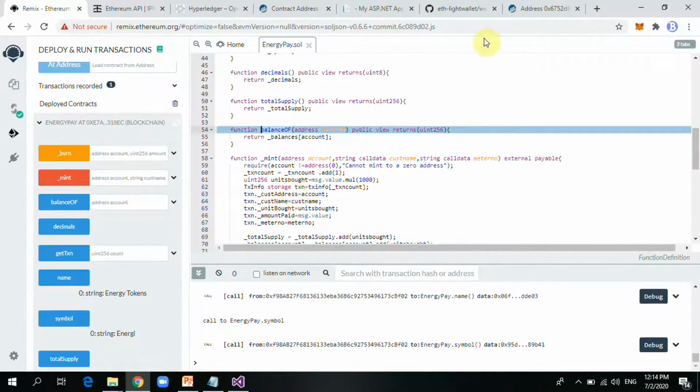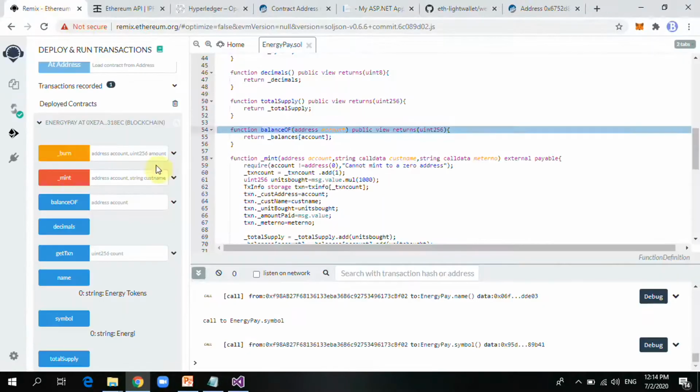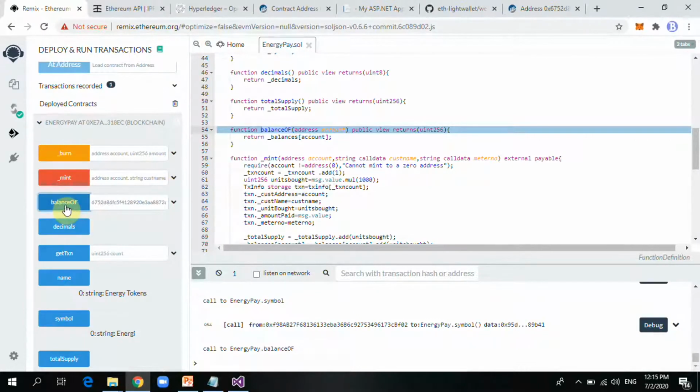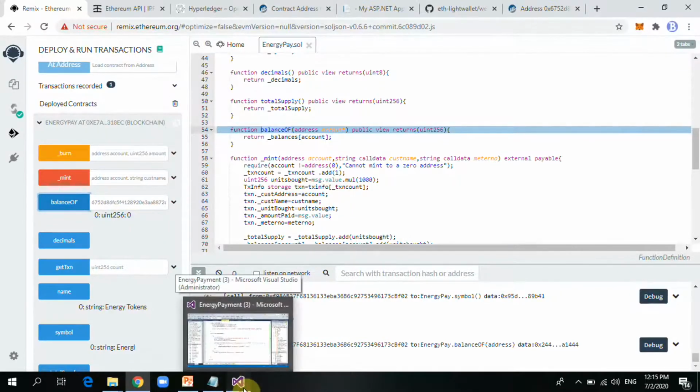So say I copy this address. Let's check it here. Good, so this returns 0, and then